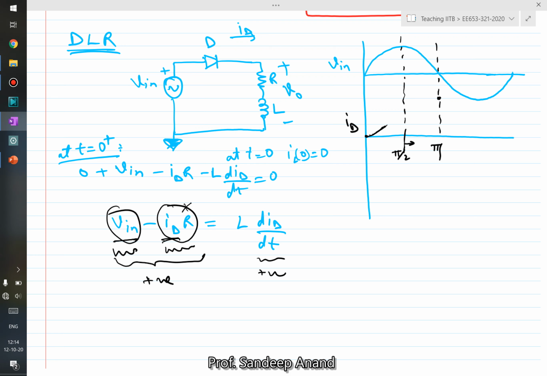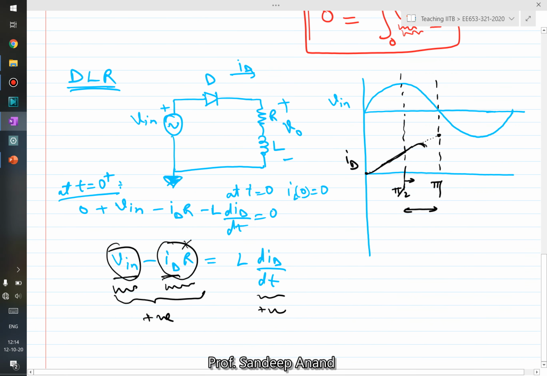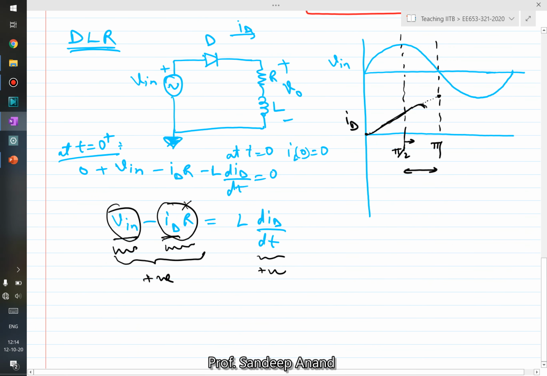But at one instant that happens, and that instant is between pi by 2 and pi, right? So at the instant when this happens, so instead of this waveform continuing, the waveform gets, the slope becomes 0 even before you reach pi,